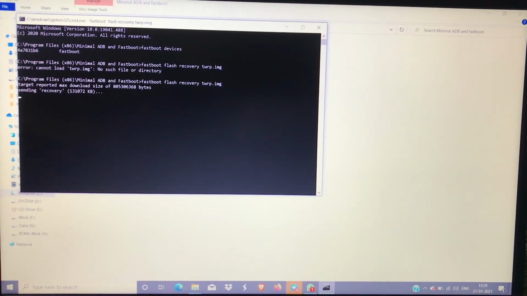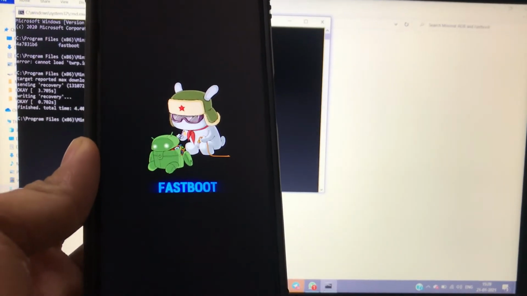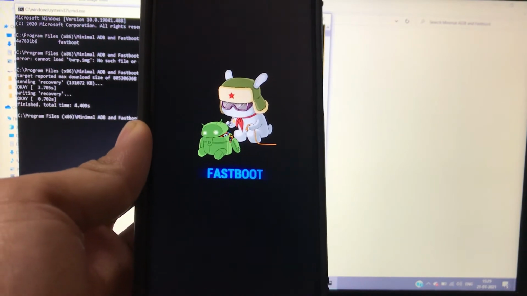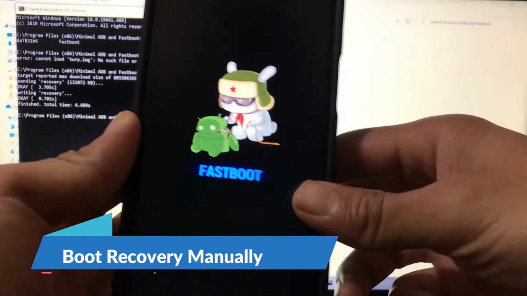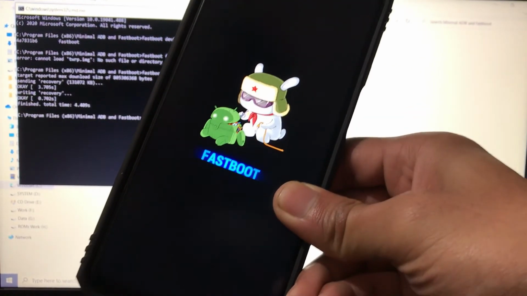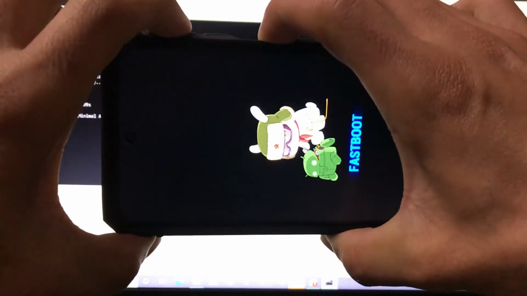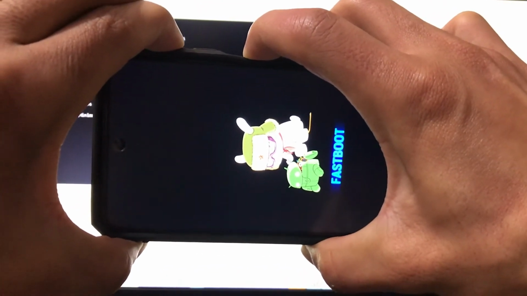The recovery installation has now begun. As you can see, it's finished, and we will be booted into custom recovery. If in case you are not booting into custom recovery, you can boot into it manually. You don't need to do this by command. You can simply move into custom recovery with a key combination. So let me just boot into custom recovery. In my case, on my Redmi Note 9 Pro, I will use the power button plus the volume up button to boot into custom recovery.